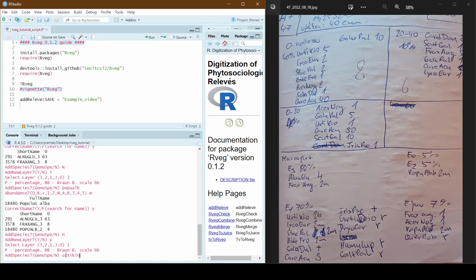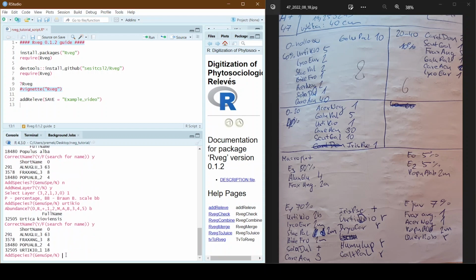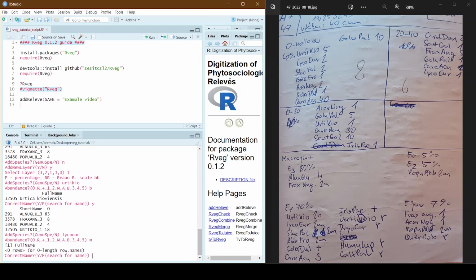Now you can see how quickly you can actually work in R. For example, I'm going to add Lycopus europaeus, which should be Lyco-euro with 2M. But as you see, the program doesn't recognize the Lyco-euro code.